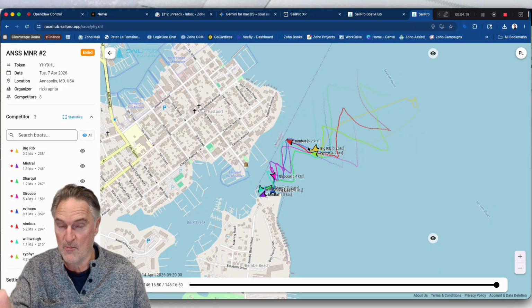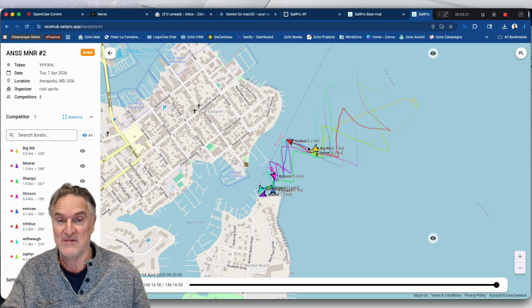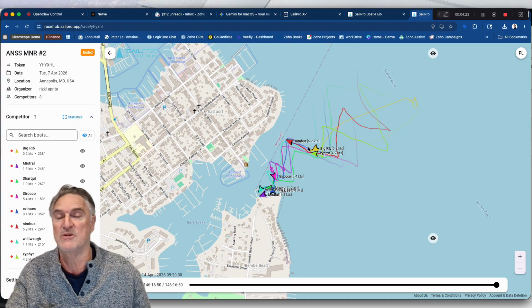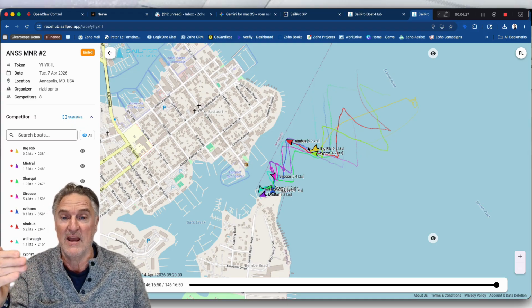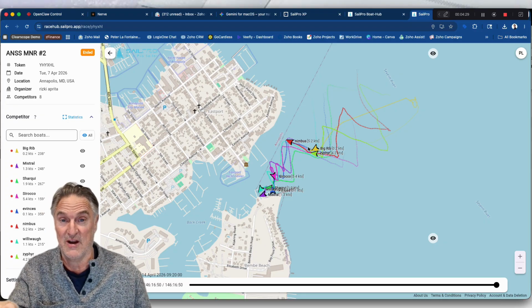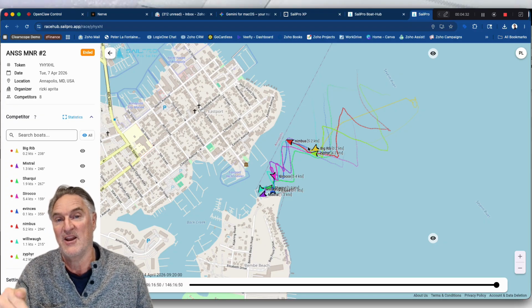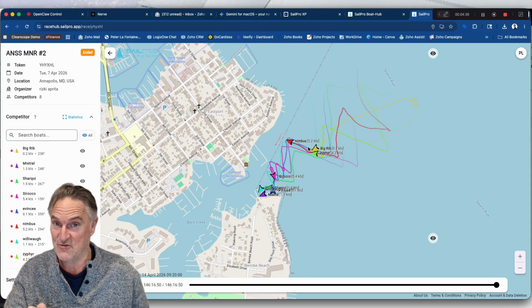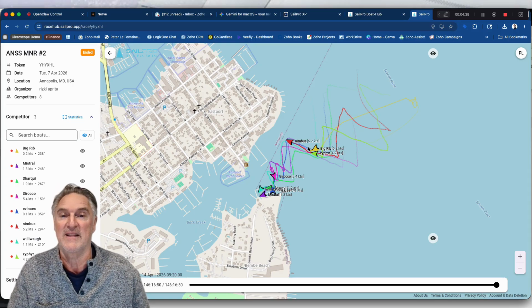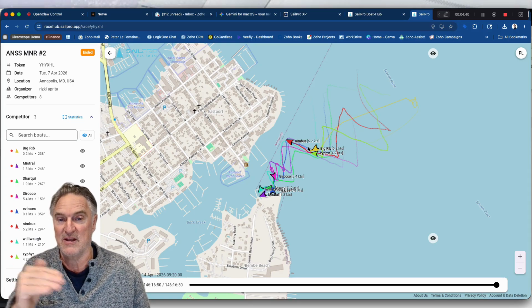Now, again, there's a lot more to this. We also have another system called Race Control that's for yacht clubs to be able to create these races easily. So if you've got any influence on your yacht club and you guys have been looking for a live race tracking tool that's very, very cost effective, then check out RaceHub,